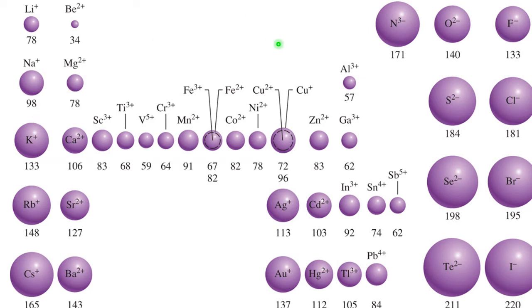Now, ionic radii can be taken, again, from tables or reference books, so we know these numbers more or less well. If we take these radius numbers and know the composition of the compound,